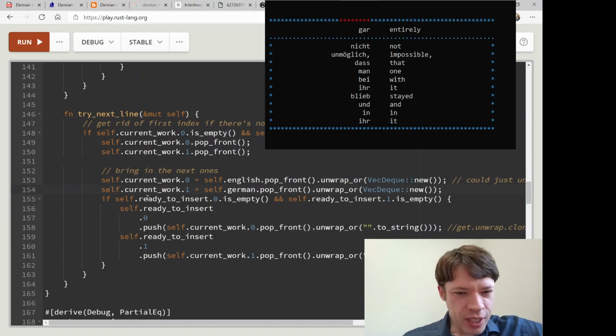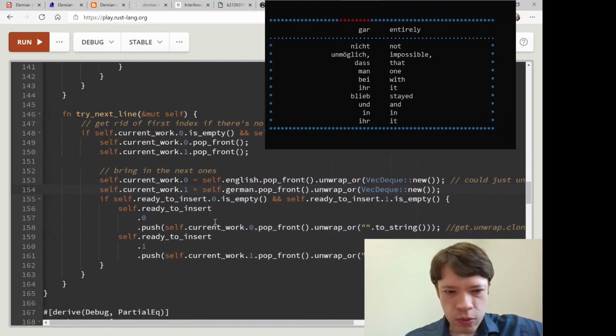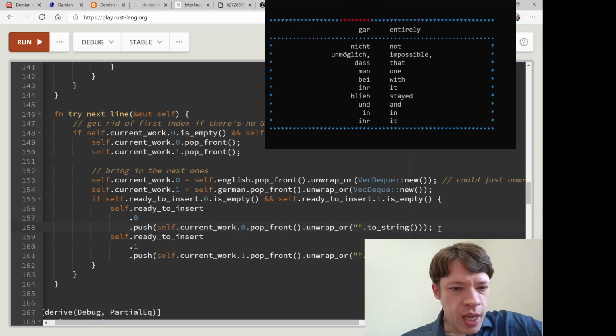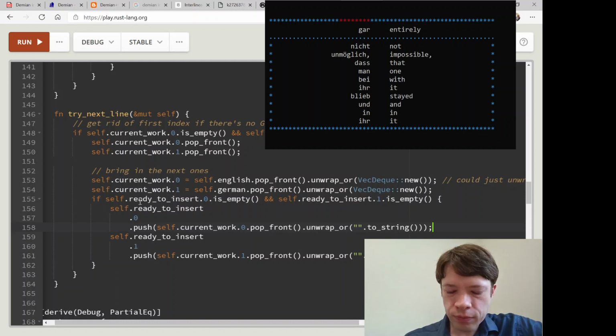And then finally, what was this again? That comment doesn't need to be there anymore. And then finally, all right, and then the ready to insert. So if there's nothing ready to insert, so you can see on the top here we have gar and entirely.